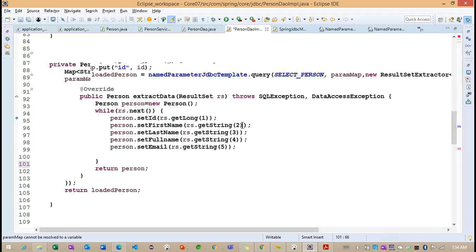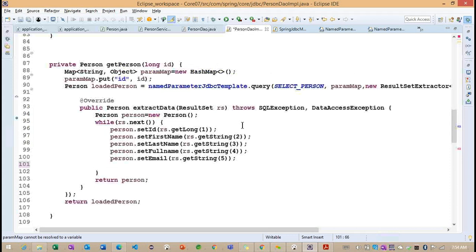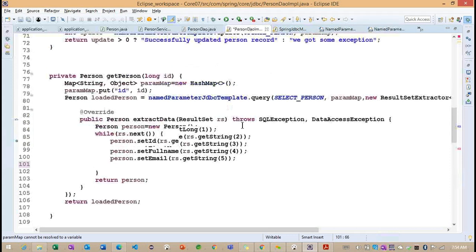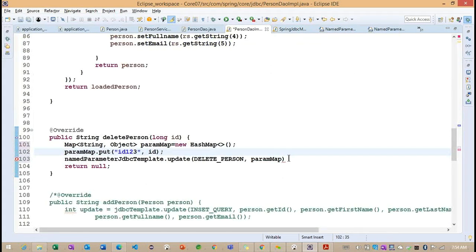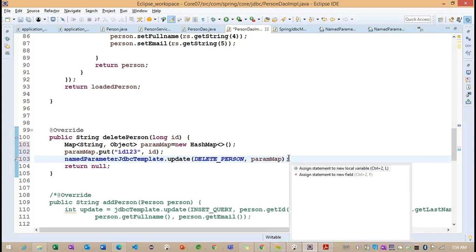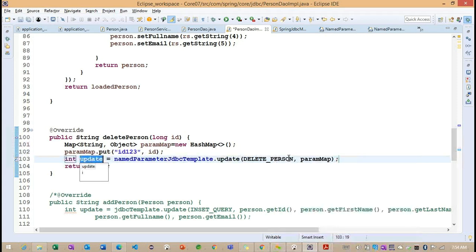And here, ID 123. ID 123. So param map I'm giving the same here. Okay, now this also will return an update count here.